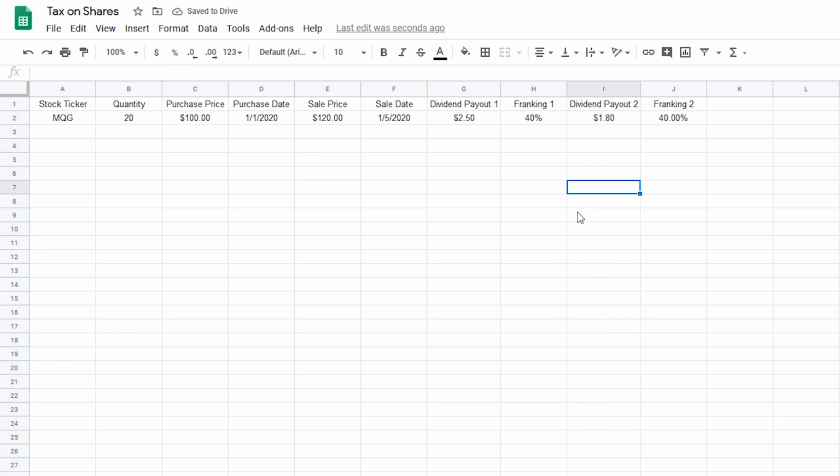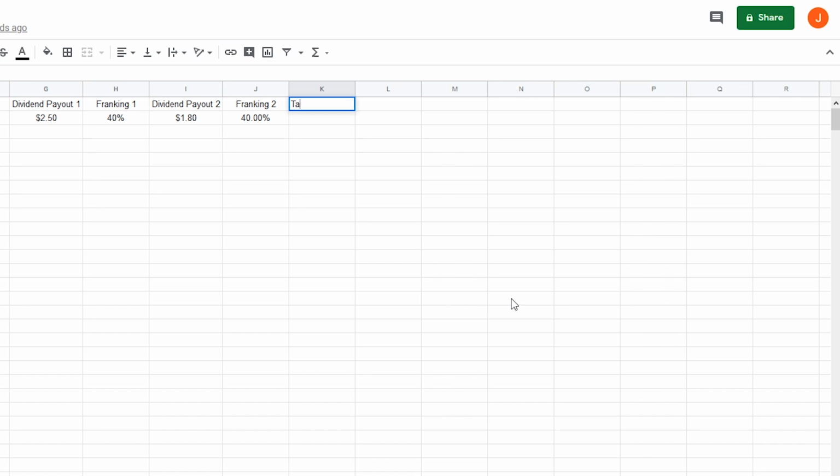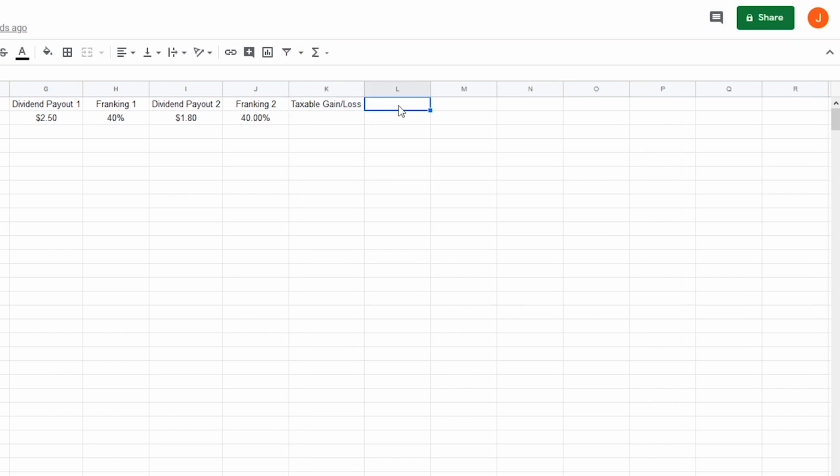Okay, so that looks good. That's all the information that you need to input so that we can work out the actual taxable amount. So in here, in column K, we need to find the taxable gain, or it could be a loss. And also we need to work out the franking credits that you've earned as part of holding the share to get the dividend payouts. Okay, so I've gone off camera to work out the formula on this cell, but essentially